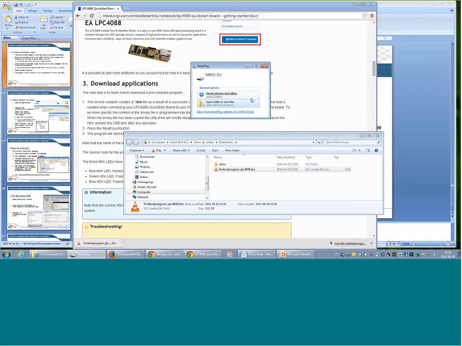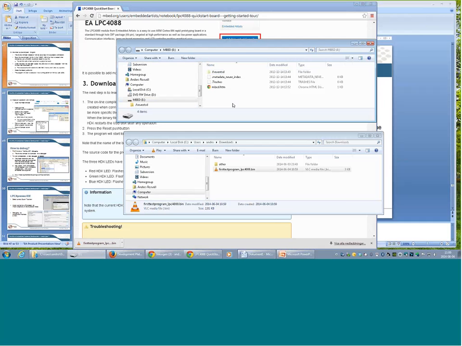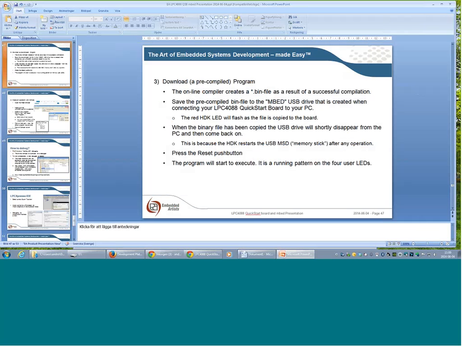The memory stick shortly disappears and then reappears when it's ready, when it has downloaded. And you know that it is ready. The only thing you have to do now is to press the reset button to start the program. And when I do that now on my hardware, I see 4 nice flashing LEDs on the hardware that I use. So it is really that simple to program the